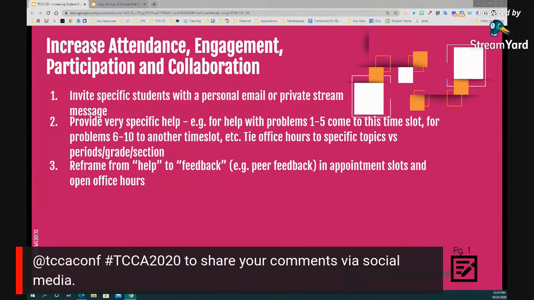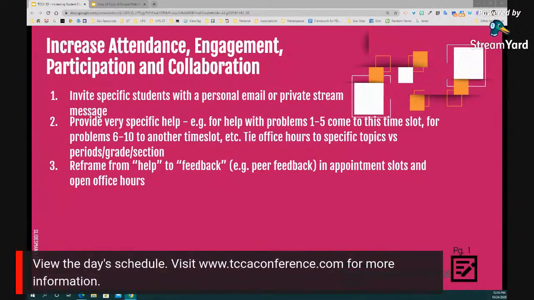And instead of sometimes just tweaking the words, right? Instead of saying this is going to be a help session, maybe say like this is going to be a feedback session. This is where you can get feedback from myself or from your peers. Again, there's always room for growth and room for improvement. So kind of creating that mindset and just using the word feedback versus help so that you don't have that impression from students like, oh, only the kids that are coming here are the ones that are needing help, right? Kind of battle that stigma.